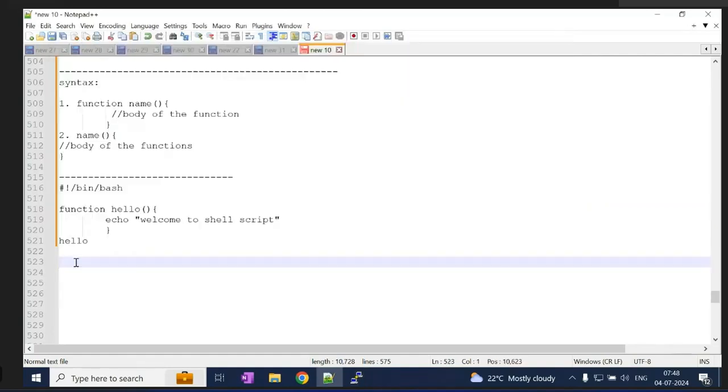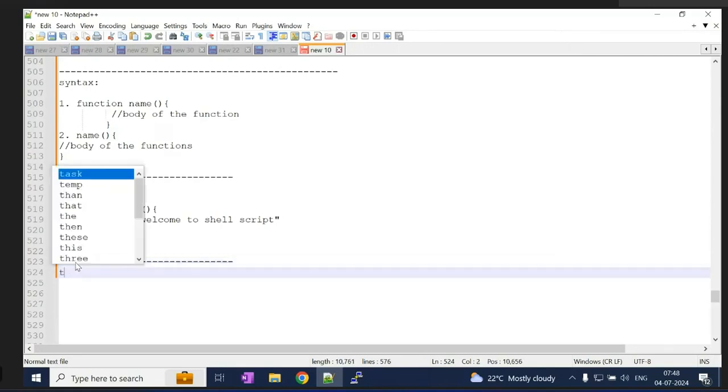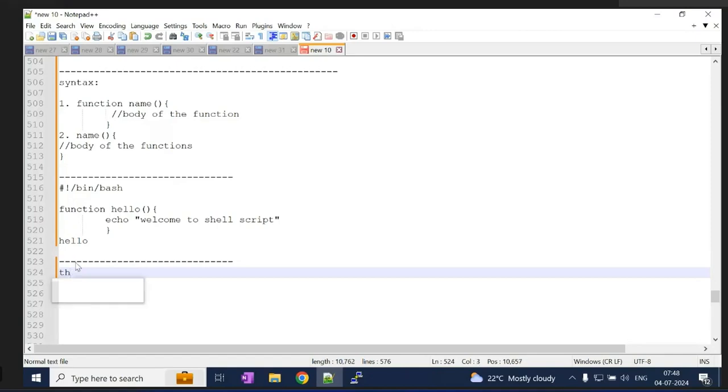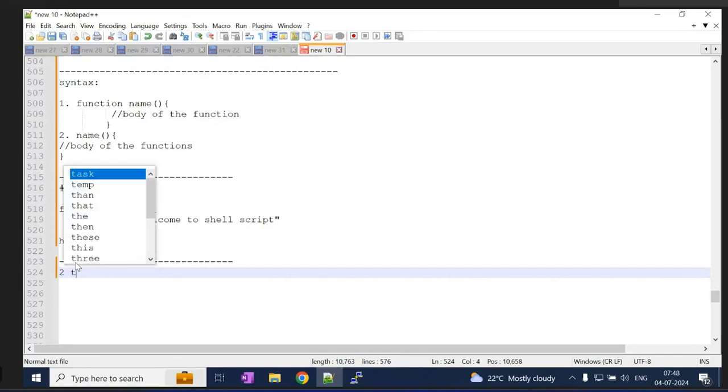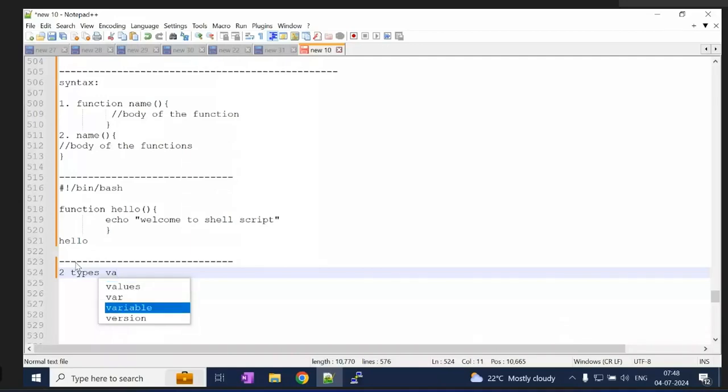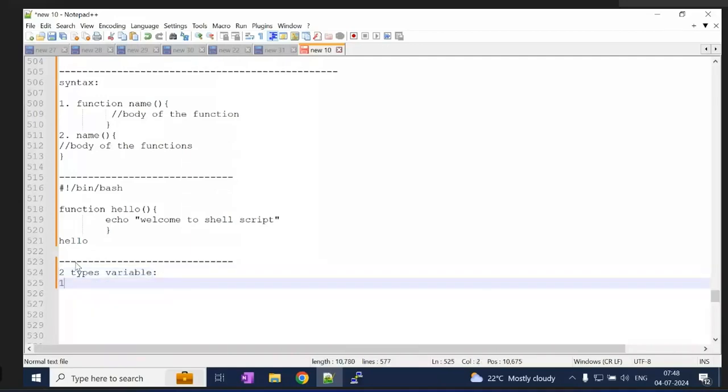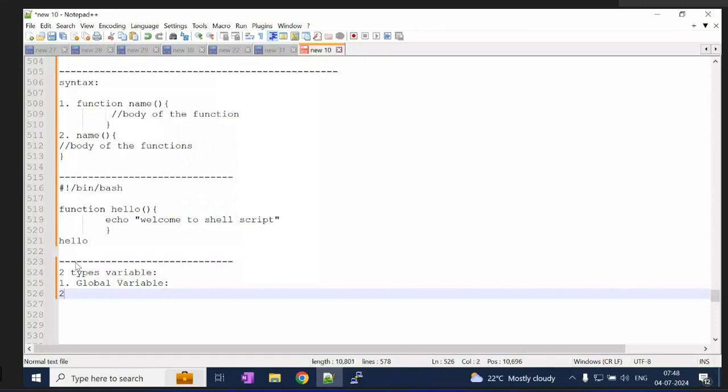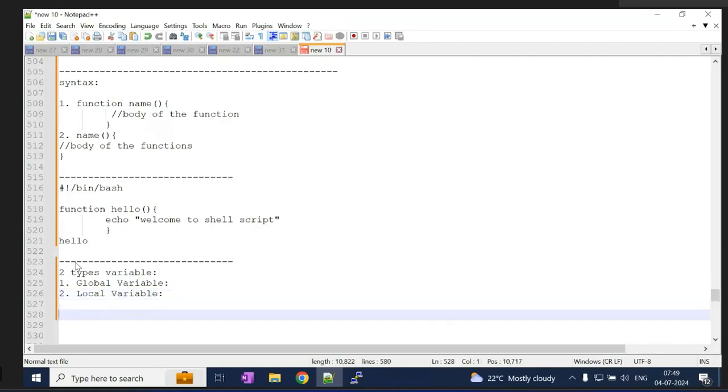So there are two types of variable we can use in function. First one is global. The second one is local variable.